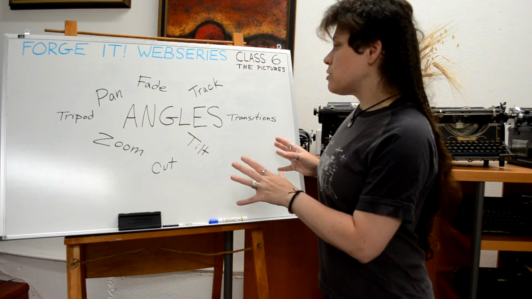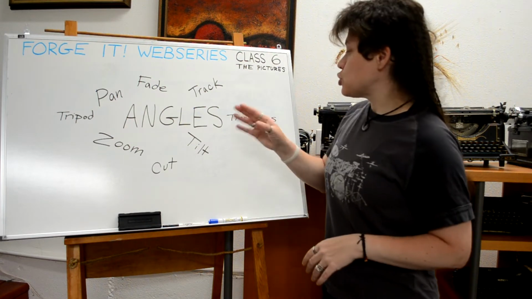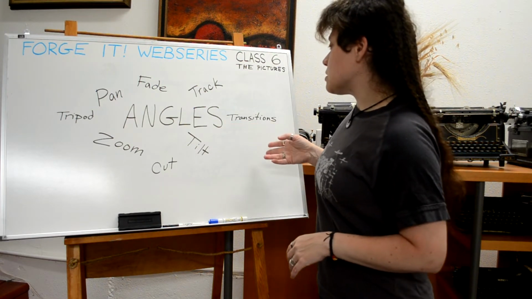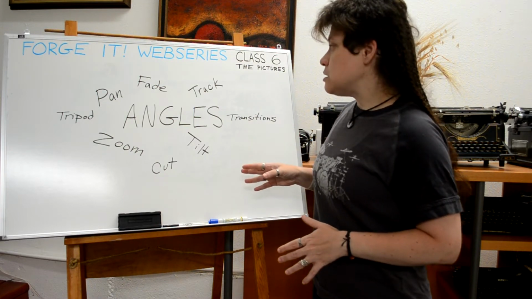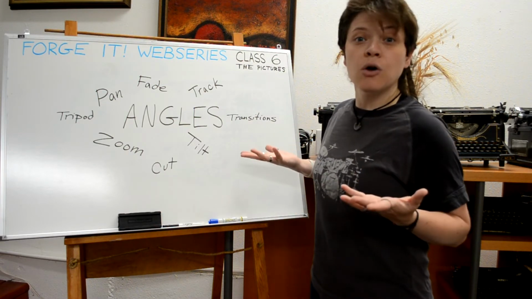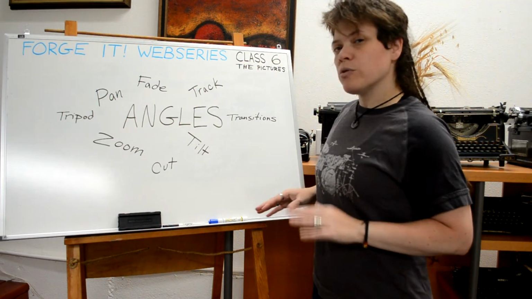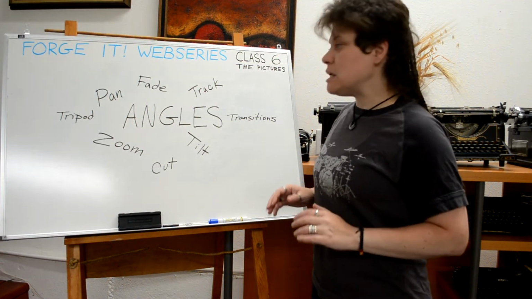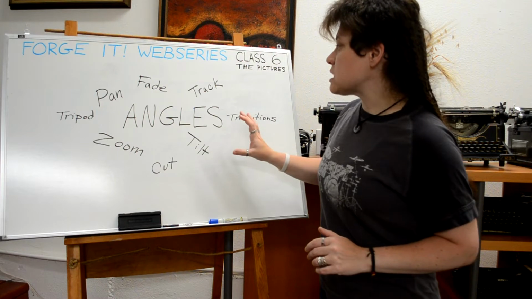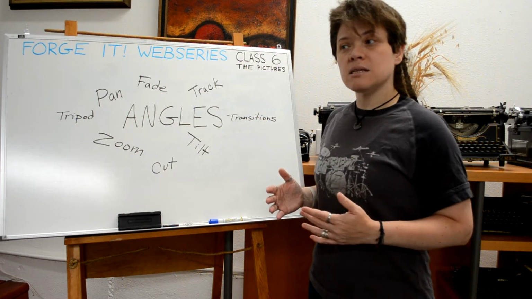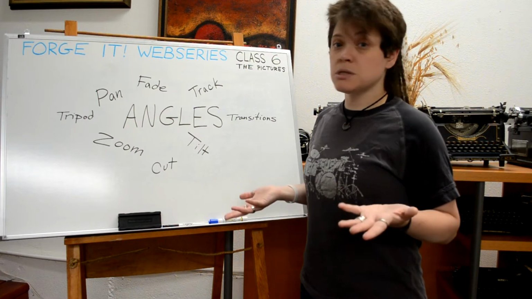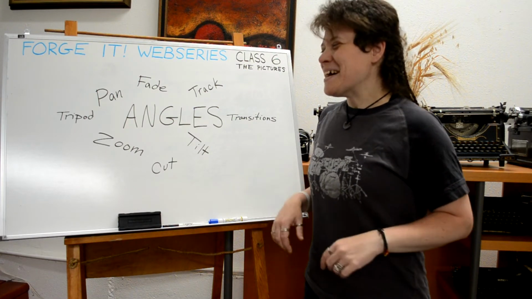Now, you might notice that I have two other things written on here, tripod and transitions. Now, you can get all of these things using just your body holding the camera. However, there are a couple of things that are going to make it easier to capture all 6 of these approaches, these angles. Now, what I utilize is actually a pretty old school, it was purchased in the 1980s,